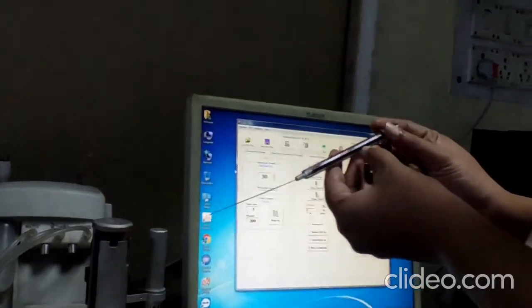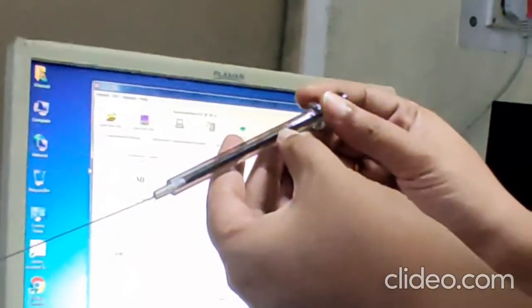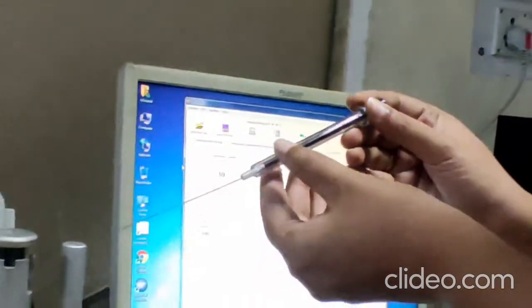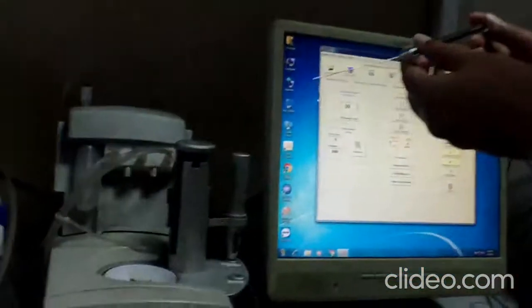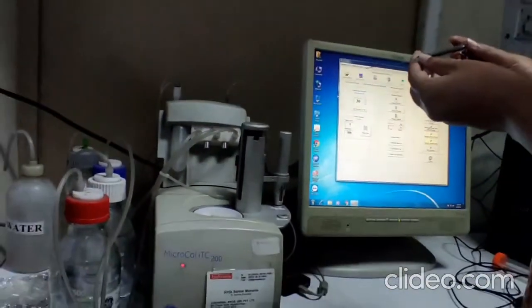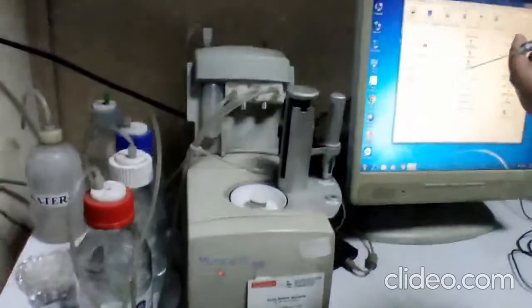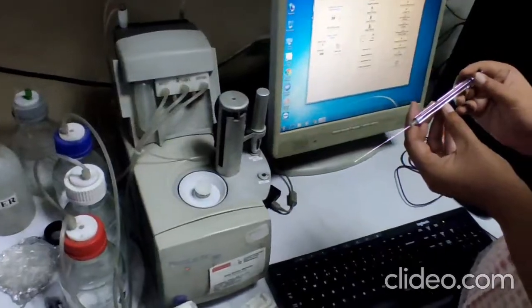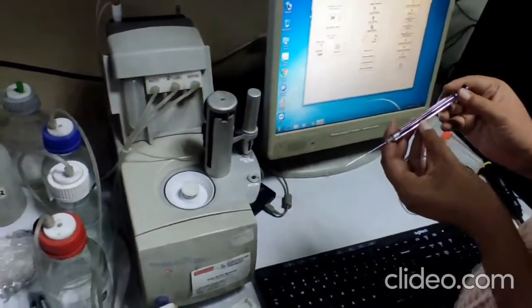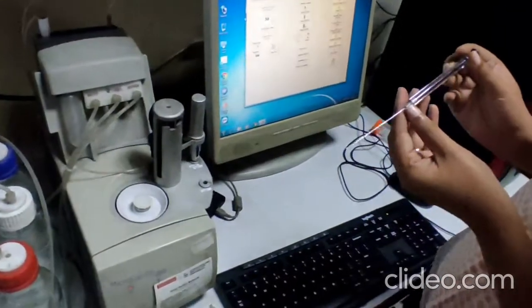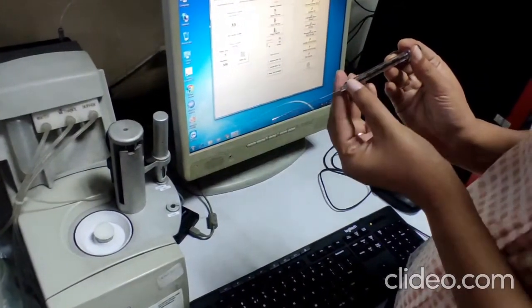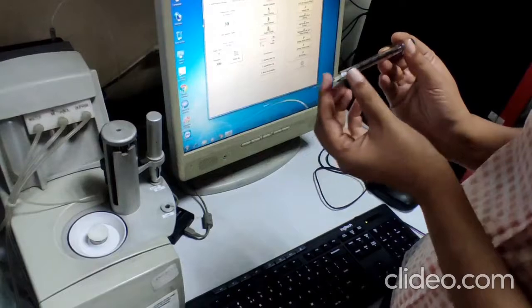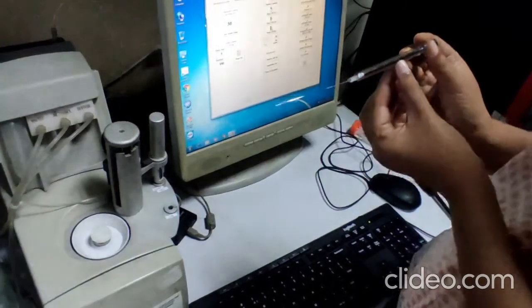In this we can add up to 500 microliters of sample, and we put it in the cell port. Generally the cell port volume is around 250 to 300 microliters. One thing we need to take care of: no bubble should come inside this syringe while filling the sample.